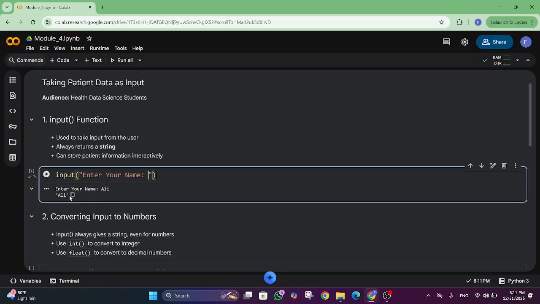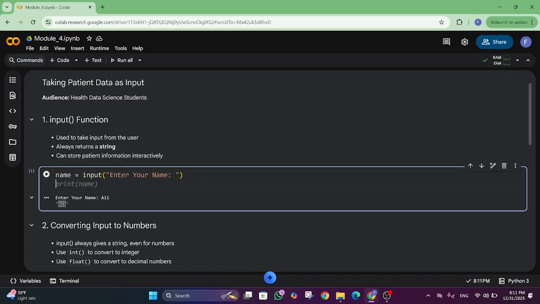Now this function is executed. This is the input and this is the name that we entered. We can store the output of this function in a variable like this, name,